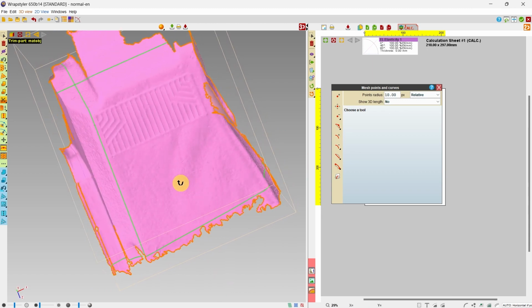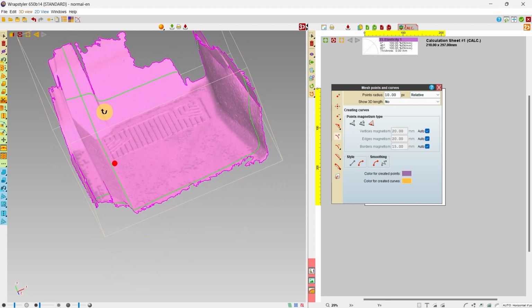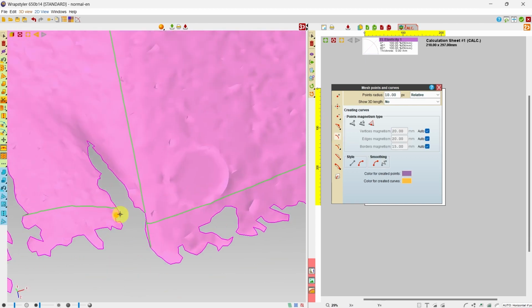For the rest of the drawing, I will use the Create Curves tool. With that tool, you can draw directly on the surface of the mesh like this.